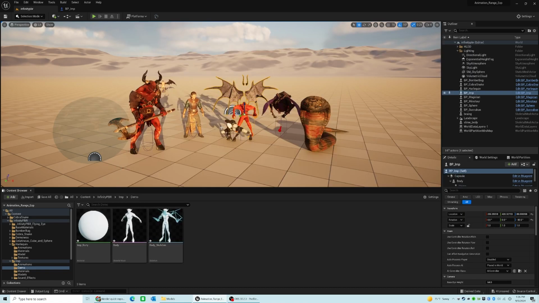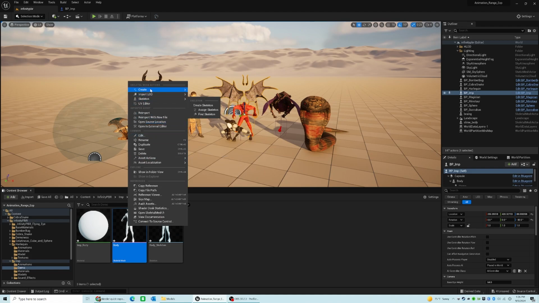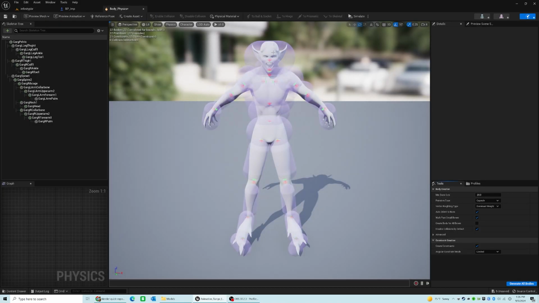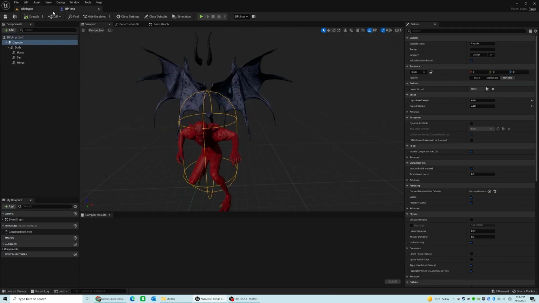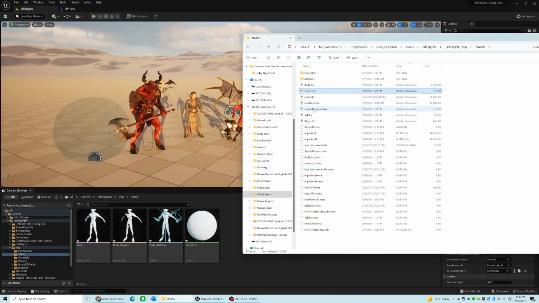I did not make a physics asset. I probably should. That's just an easy create physics asset, create, boom, done. And you have to adjust it. I'm not going to bother with that. We'll get to him shortly. And then from there, then you do